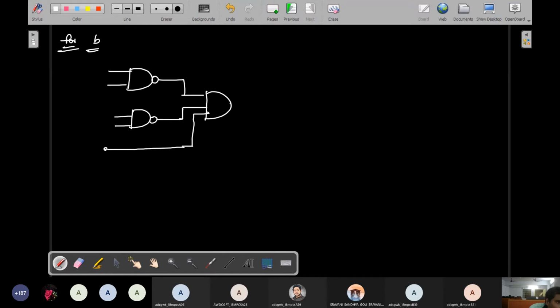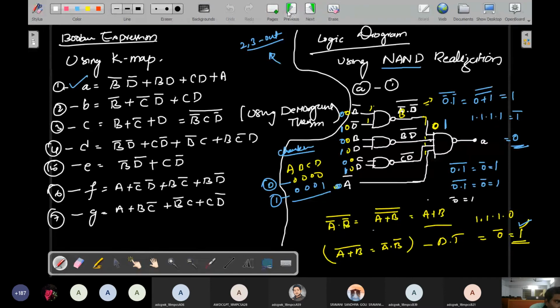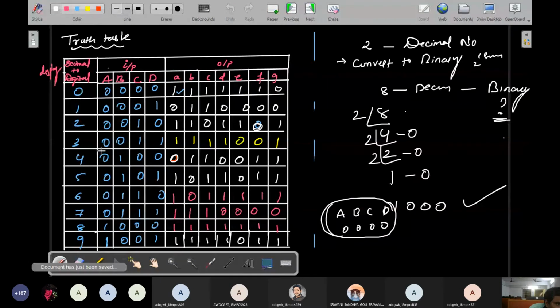You will take one more NAND gate. So this is nothing but B bar, C bar, and this is DC, and this is B. Okay, so this is your terminal. Suppose I will also do a verification. For verification purposes, I take one Boolean expression that is called 3. Now 3 is the decimal number 3, and for binary we have 0011.